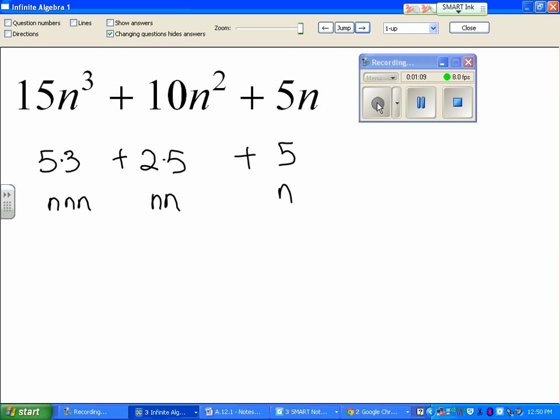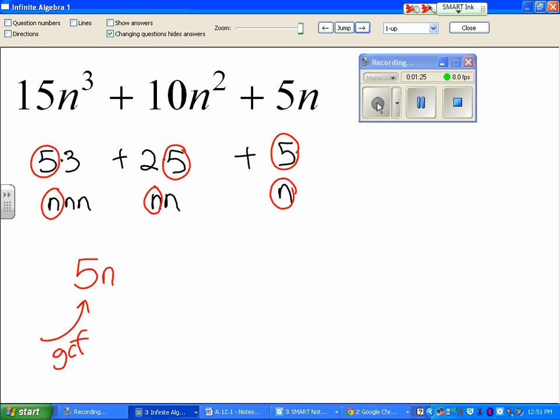Step number 2 is finding out what they have in common. Every single one of these terms has a 5 in it, and every single one of these also has one n. So my greatest common factor is 5 and an n. So if I decide to ask you what the GCF is, you're done. If I ask you to factor the whole thing, the GCF is part of it, then you write down what's